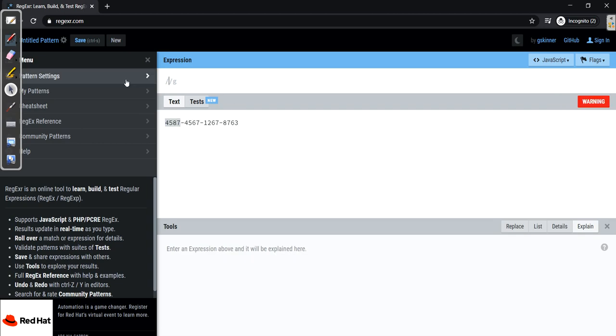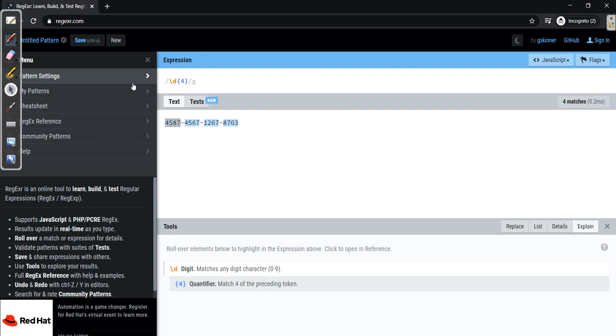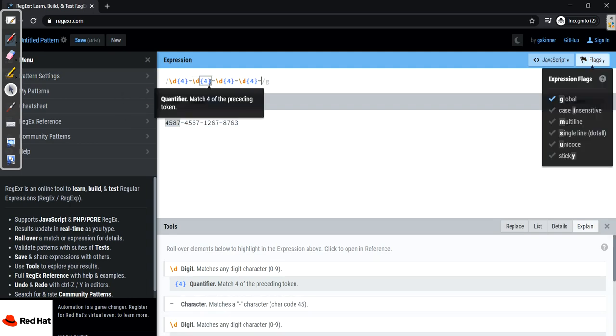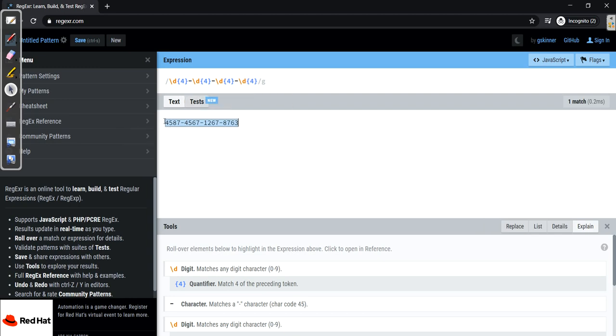So basically I can write \d of 4 then dash, and it is matching this card number. Now, to make a difference, I'll just reduce 7 from here so as to make 3.